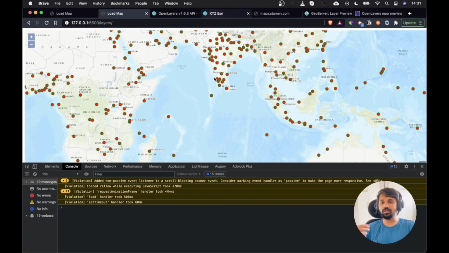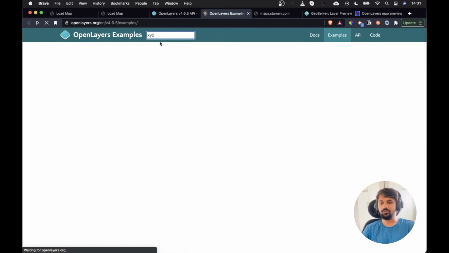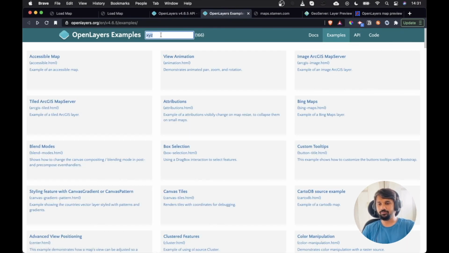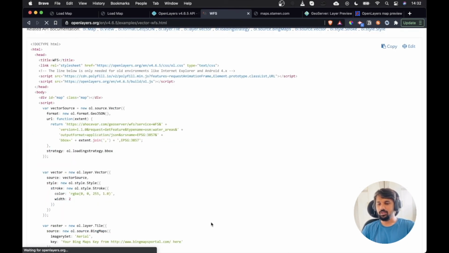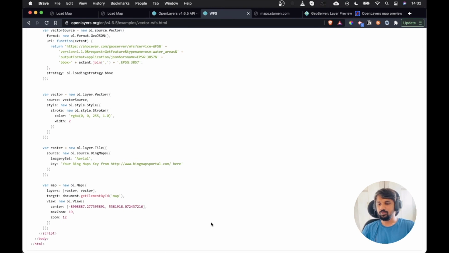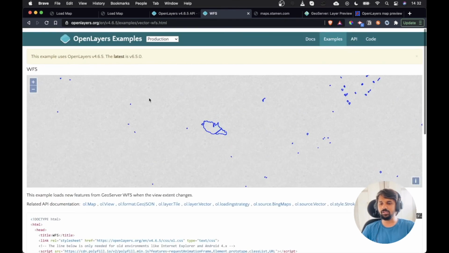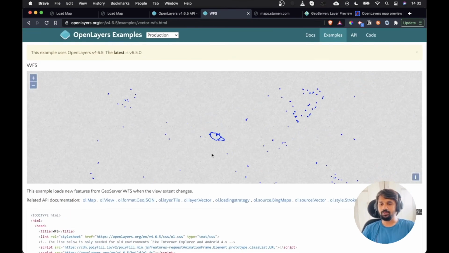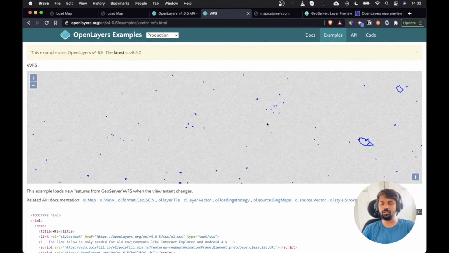You can find a working example of such strategy inside the examples. If you have a look at WFS, you can see that now in this strategy, the example shows that we are loading the data as per the extent. Whatever is the extent, we will just fetch that data. By doing that, the application is quite fast, and then whenever we change the extent, the new data is loaded for just that extent. This is very clever behavior.